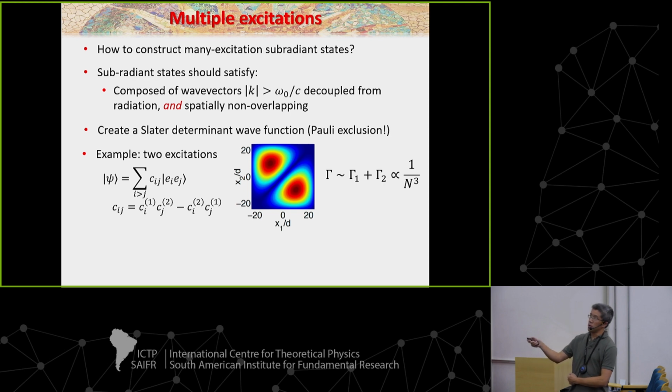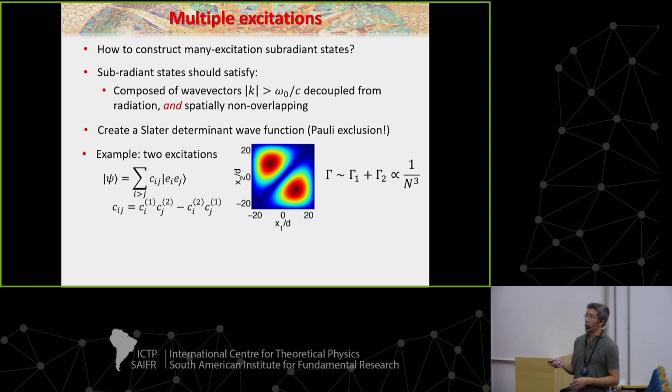And then what you find numerically is that the decay rate of this two excitation state is more or less the sum of the decay rates of the single excitation states. So the fact that you created this Slater determinant makes the scaling of the decay rate, again, drop to 1 over n cubed. So this is just an intuitive ansatz, intuitive guessing. But when you compare this ansatz with numerics, you see it's actually a very good